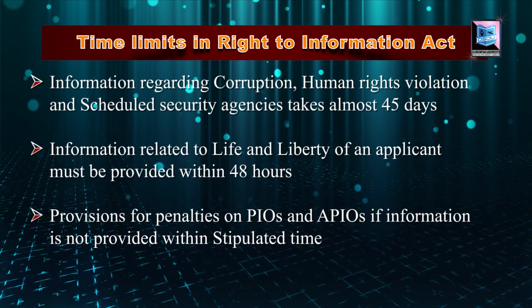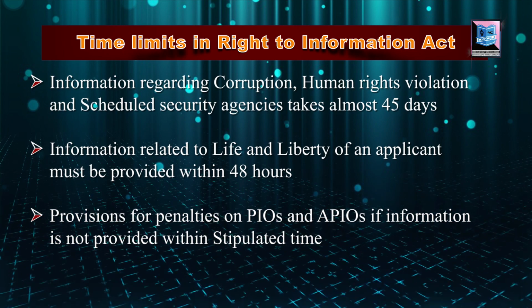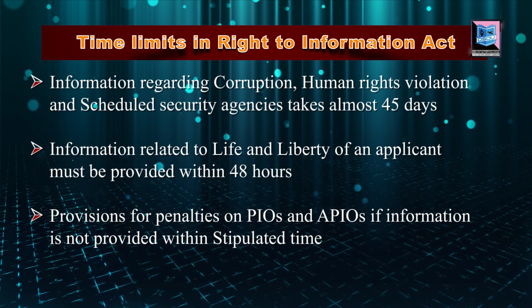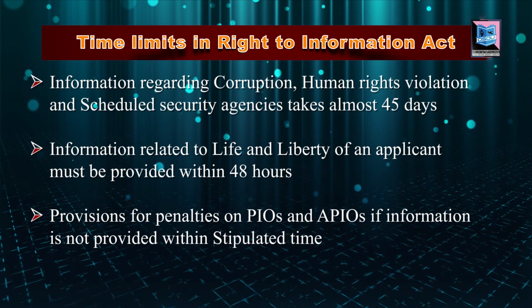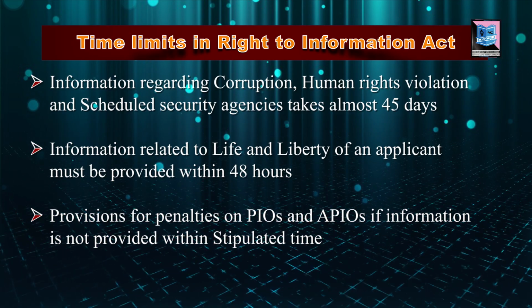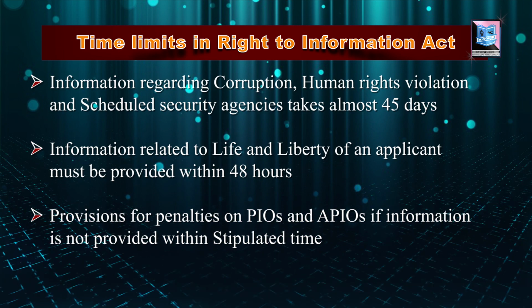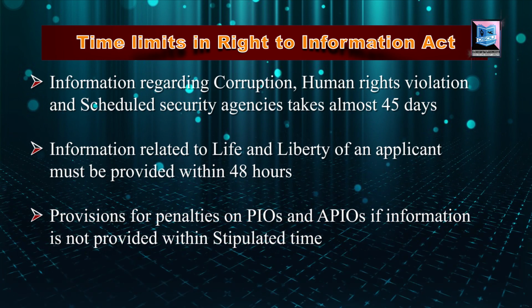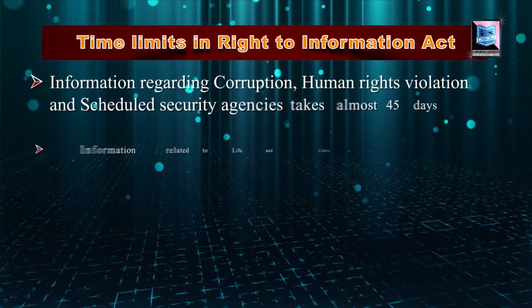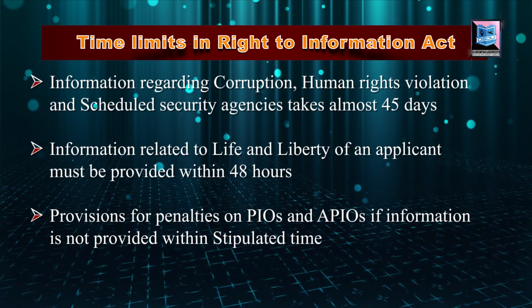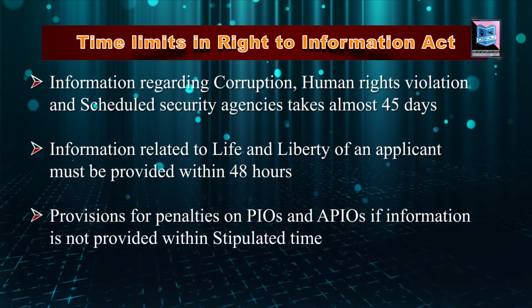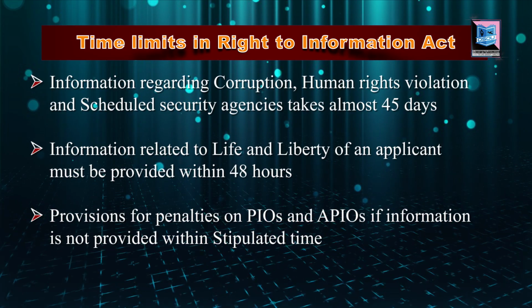However, if the matter concerns your life and liberty, then the PIO is expected to provide the information within 48 hours. Now, when you look at the timeline, it is very interesting to see that accountability has been set at each and every step of the particular process. Now, there are also provisions for penalties on the PIOs and APIOs if the information is not provided within a